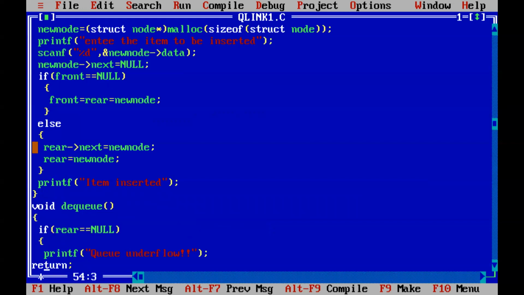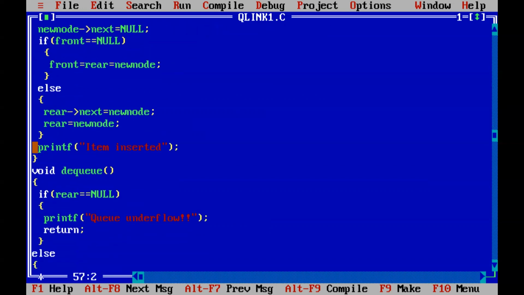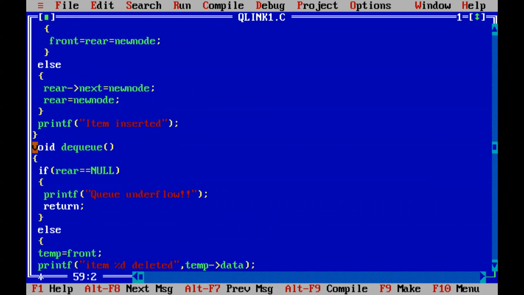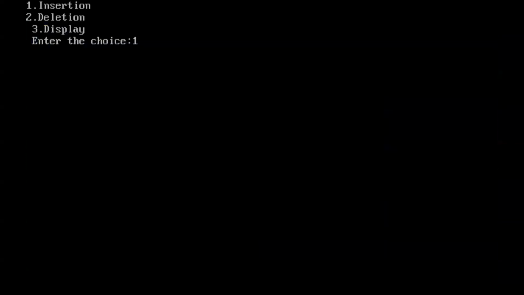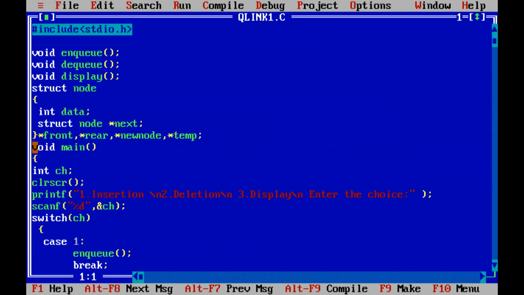Okay. So we will run it and see. I hope errors are over. Only the choice one. Item it means okay. See, some problem is there, no? Like I didn't give